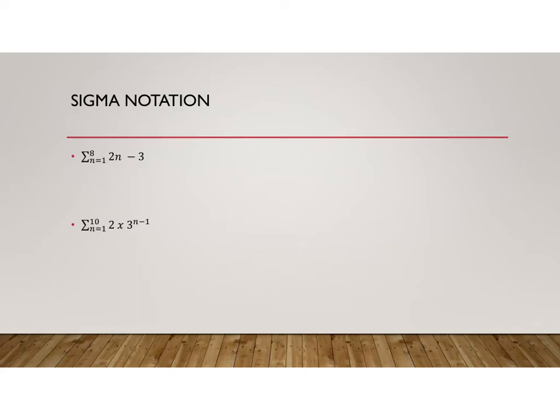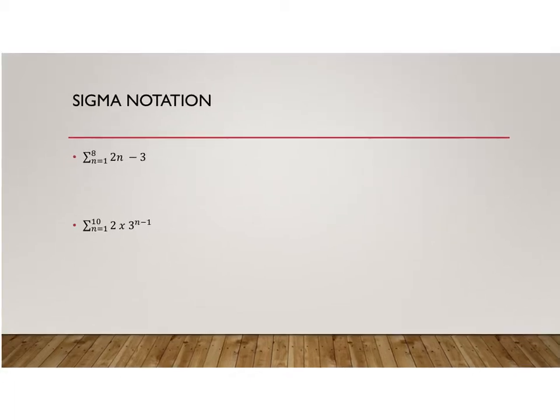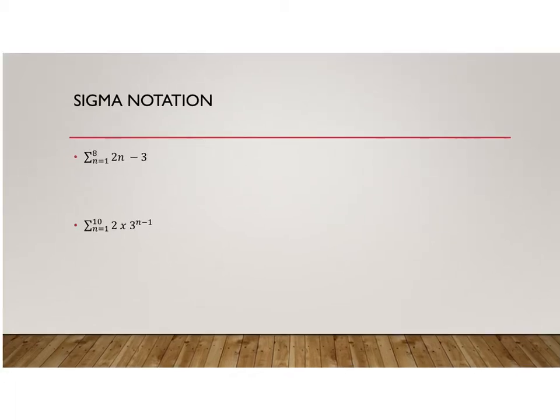All right, in the second part of the video, we're going to work with sigma notation, sometimes called summation notation, which is just another way of writing sequences and series. So this first particular sigma notation represents all the values from when n is 1, so you can see your beginning value, to 8